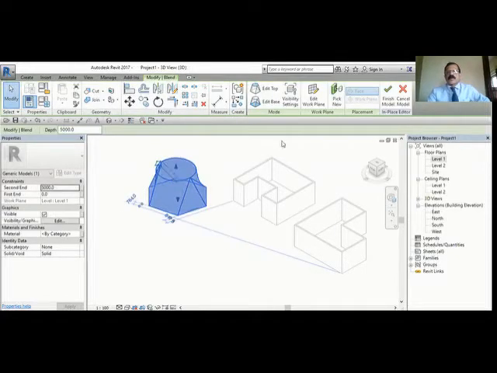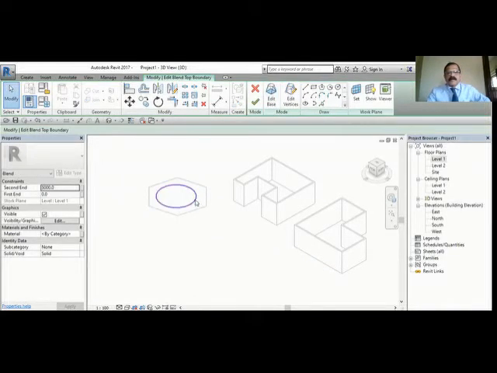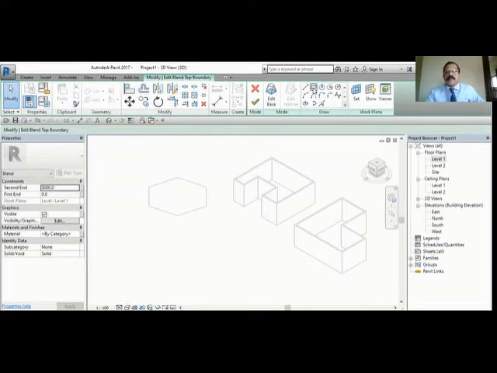Select this and go to edit top or edit base. Suppose you want a rectangle at the top instead of a circle. So you just go to edit top, delete this and put a rectangle there. Okay, I put a rectangle there.